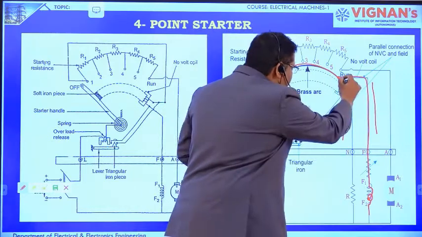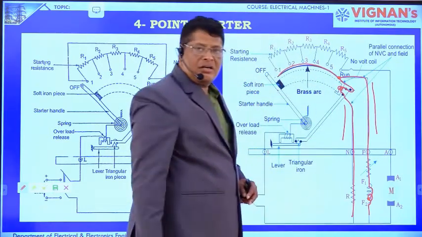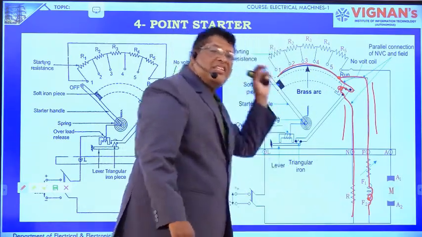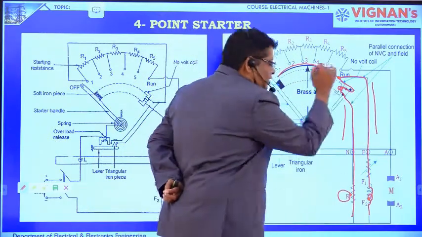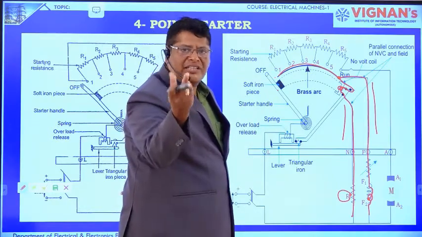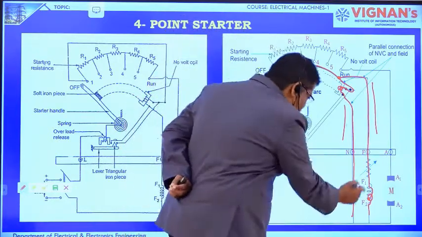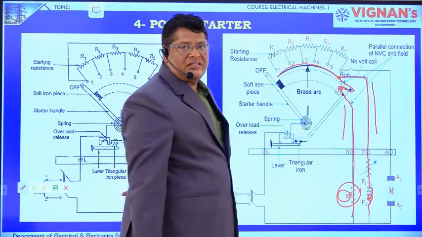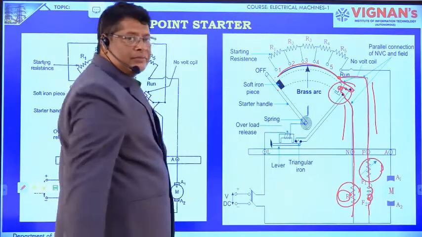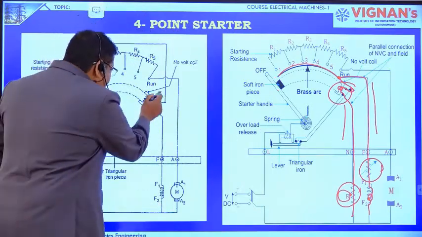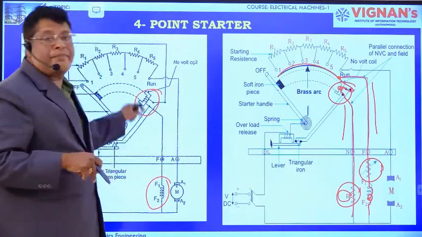The other path is flowing through the holding coil and a resistance. Why we kept the resistance here is to limit this current. The holding coil is nothing but a coil which has a small amount of resistance, and here we are applying some high voltage. To limit the current in the coil, we are keeping an external resistance. If you observe this circuit diagram, there is no relation between them. But in the case of the 3-point starter, this magnet and the field have an electrical connection. The same amount of current is flowing in the case of the 3-point starter.